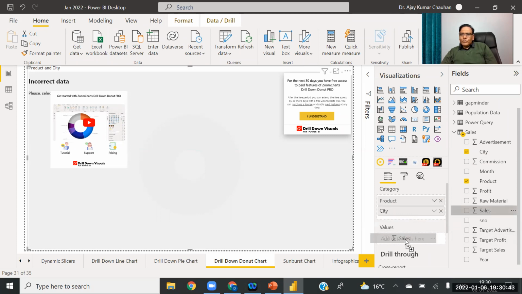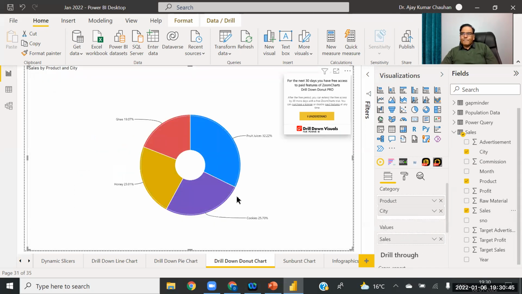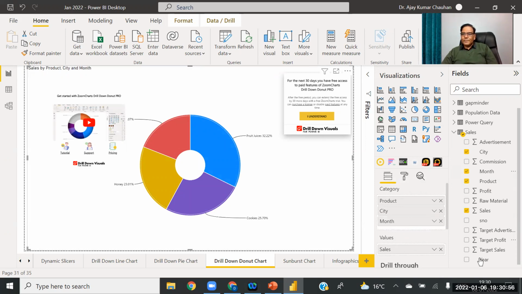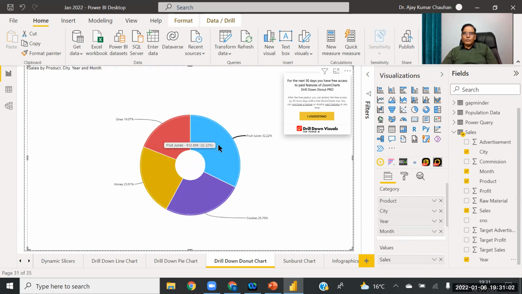We can take the profit or the sales. Yeah. So this is the drill down donut chart. Same function as pie chart. You can add more categories into it. I can add month. I can add year, like that. So here you have to click on this part.